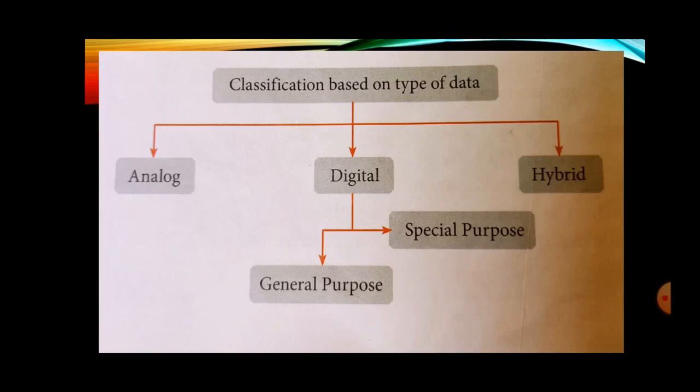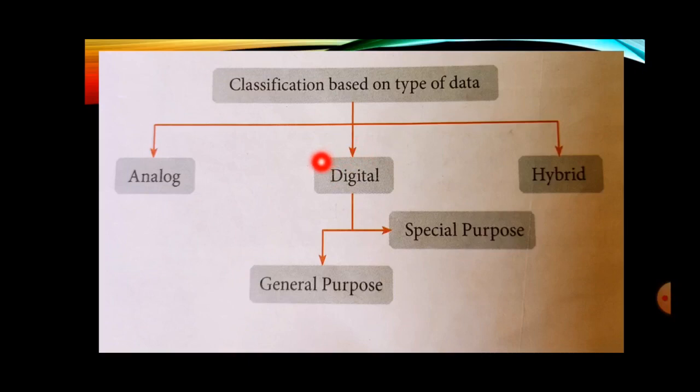So student, you can see this diagram. Okay, let me explain this. There it is written classification based on types of data. So we have already discussed how many types of computers there are based on the data they use: analog, digital and hybrid. In analog computer, it accepts continuous data and then processes it and shows the output. In digital, student, that computer accepts only 0 and 1. It doesn't understand any other number or alphabet.